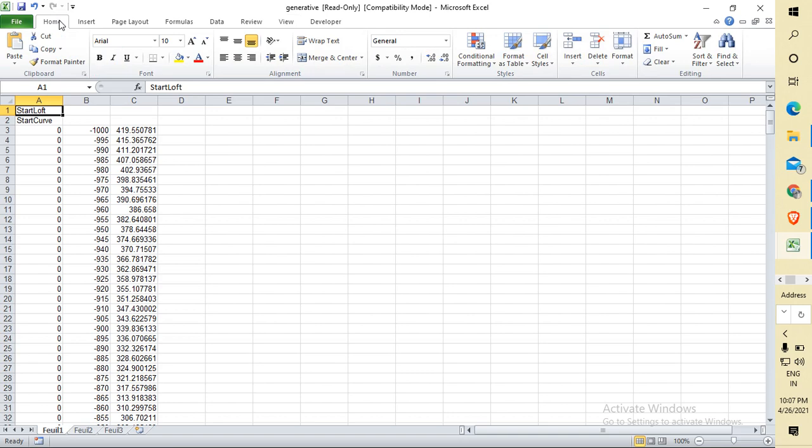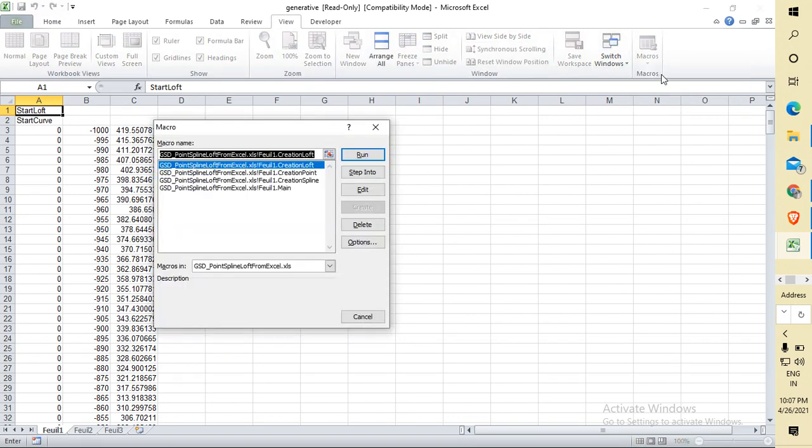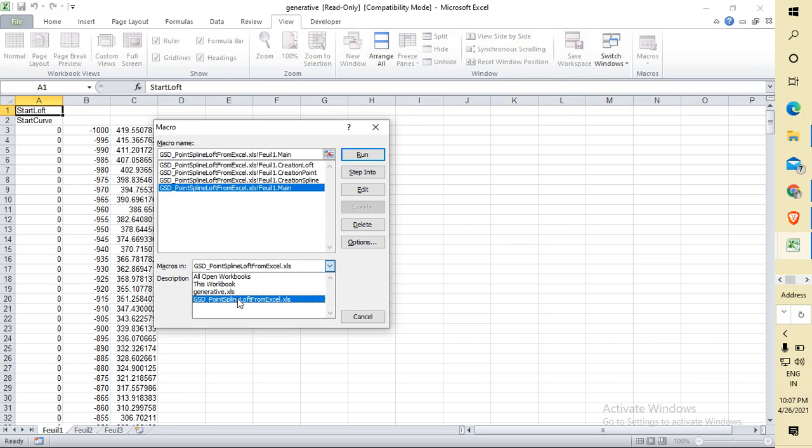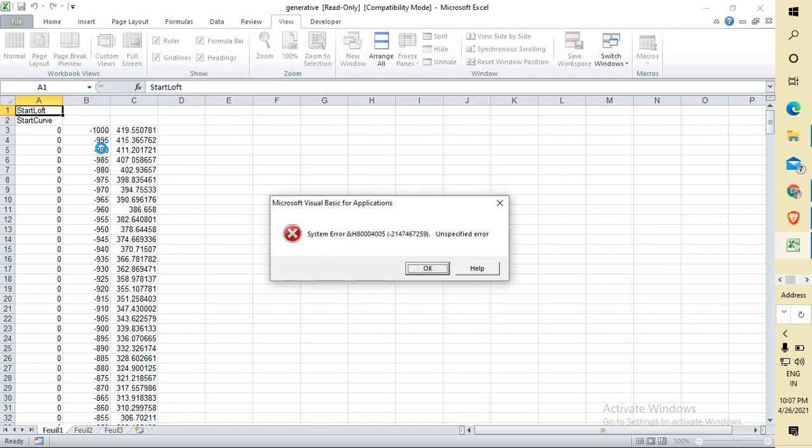If you are in Home, you have to go to View, then Macro, and View Macros. Go to this main, and this is your file name. Go to Run and press 1, 2, and for generating the splines, for all you have to generate 3. Now it is showing me a system error, an unspecified error.